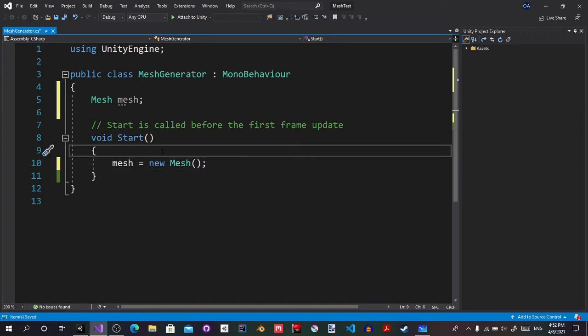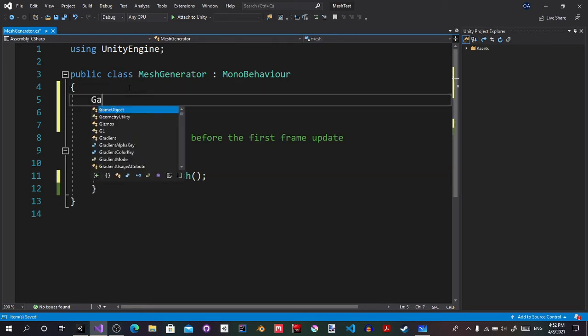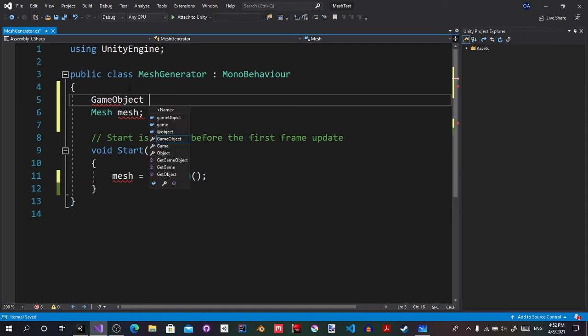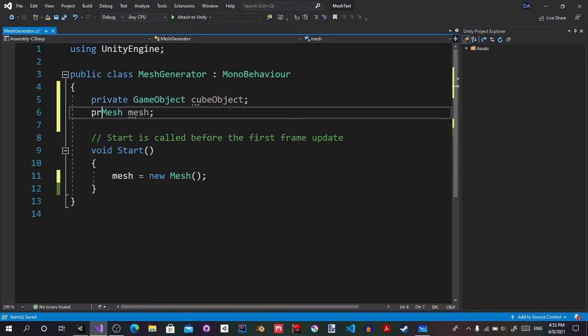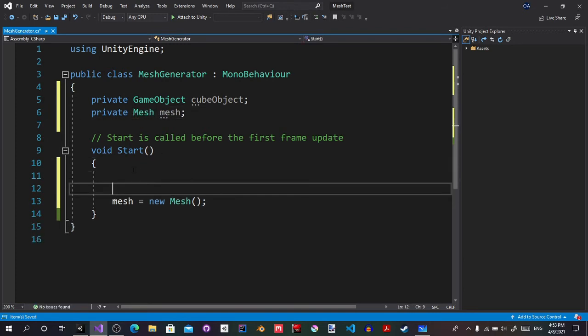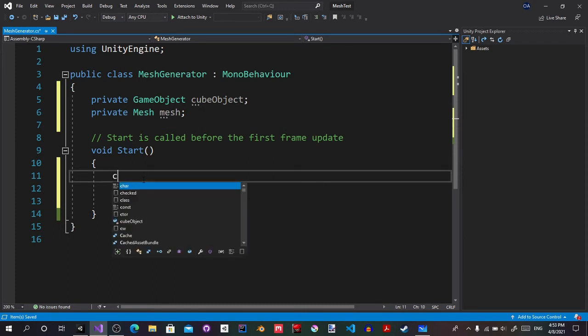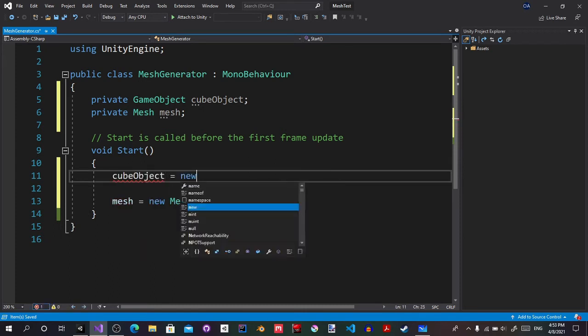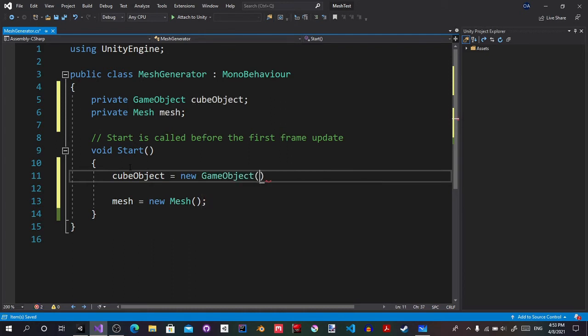Now let's create a new game object that holds this mesh. So I'm gonna go here, GameObject, and we'll call it cubeObject, because we'll be creating a cube. So I'm gonna make it private because we want it to be easy. So now we'll go and create a game object, which is cubeObject equal new GameObject. But now we'll call it default cube,